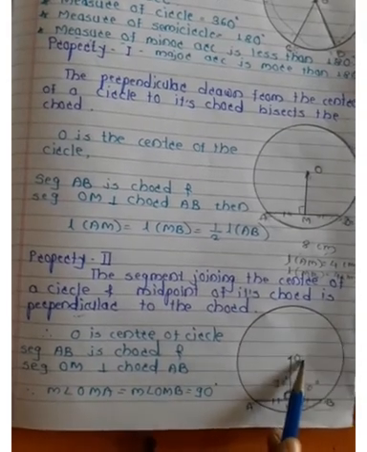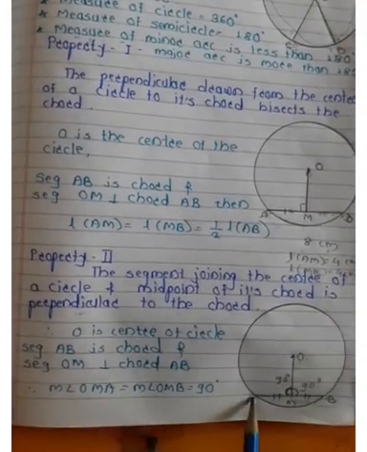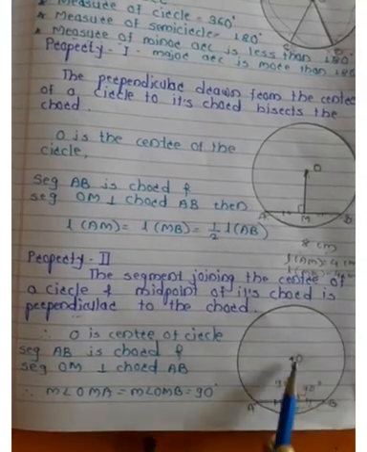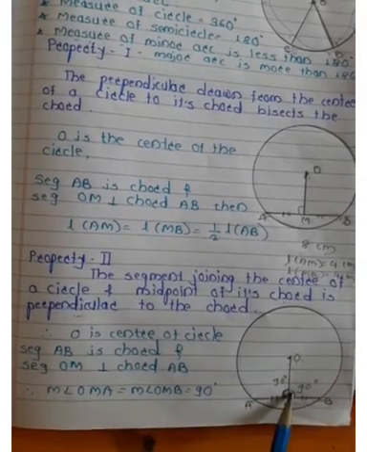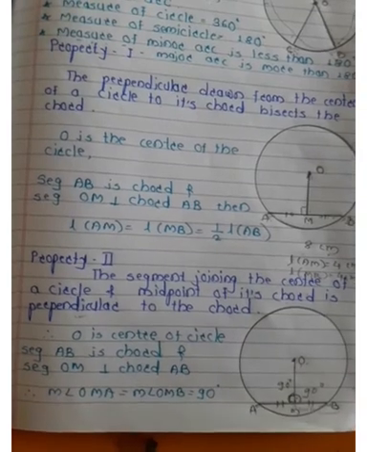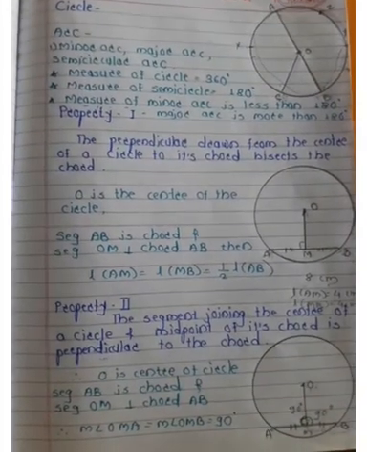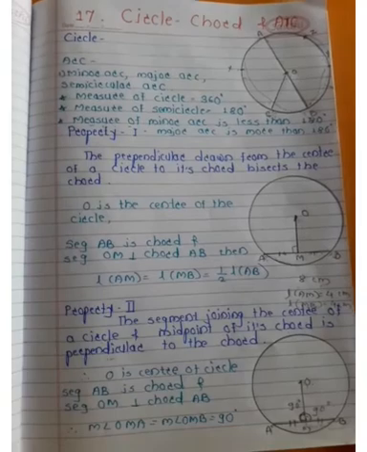Here O is the center of the circle, segment AB is the chord and OM is a perpendicular bisector to chord AB. Okay, got it? With the help of this we will solve our 17.1